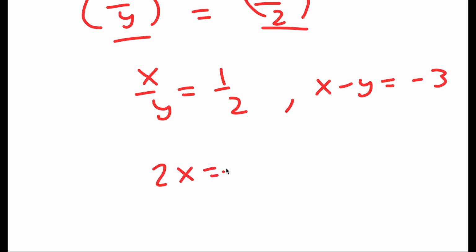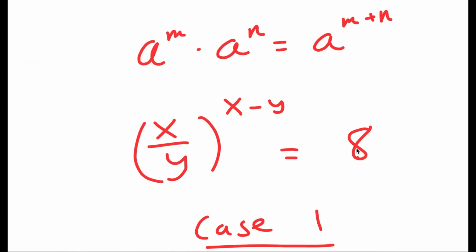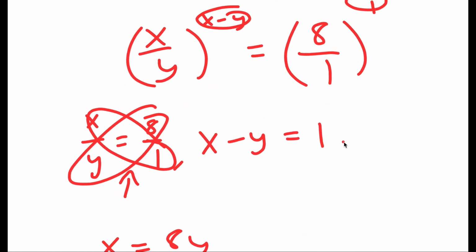This means that 2x is equal to y, and x minus 2x is equal to negative 3. So now I'm going to go back and solve all of these. So going back to my first case over here,